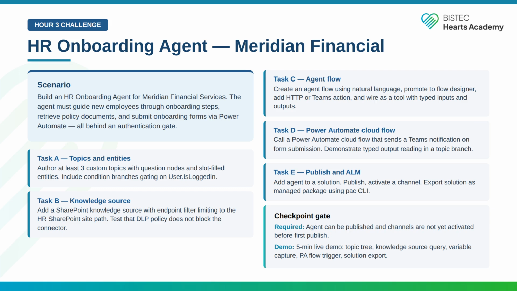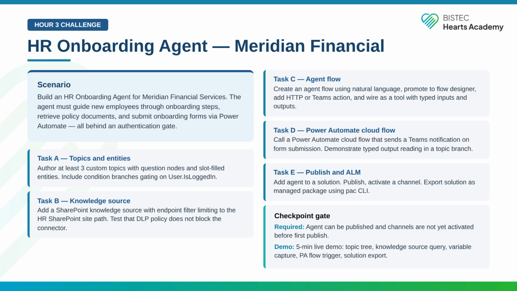The condition branch must evaluate the output variable correctly to prove that the output parameters are properly typed. Task E requires adding the agent to a solution before any other authoring begins. This is step 0. Once the agent is complete, publish it. Activate at least one channel and export the solution as a managed zip package using the PAC CLI sequence covered